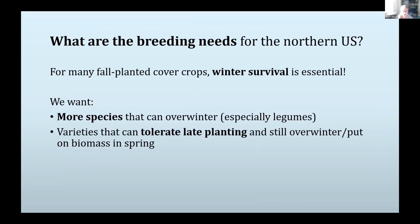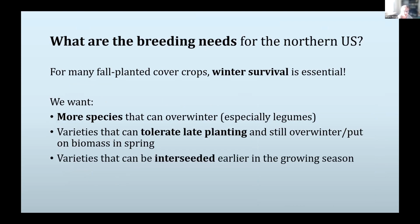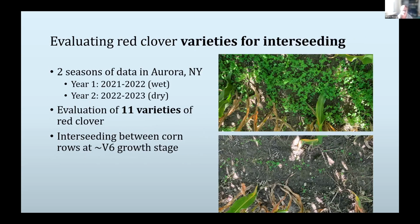So in addition to looking at late planting as a strategy to mitigate overwintering challenges, we're also looking at developing varieties that can be interseeded earlier in the growing season. So the idea here is that rather than waiting until crops are taken off in the fall, we interseed the cover crops in early summer when the corn or other cash crop is still small and the cover crops can grow and establish, and then they kind of hang out under the canopy of the cash crop for weeks or months,